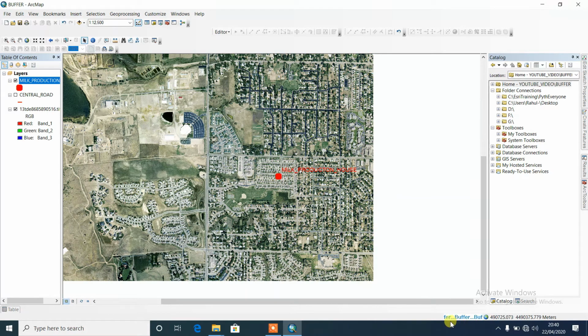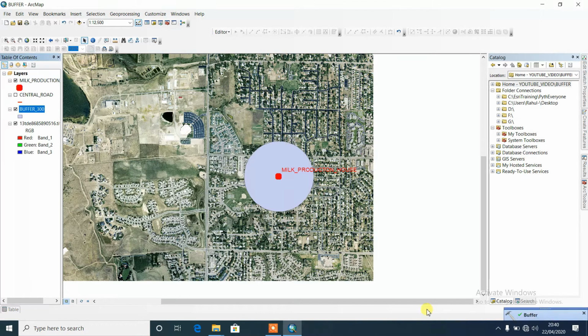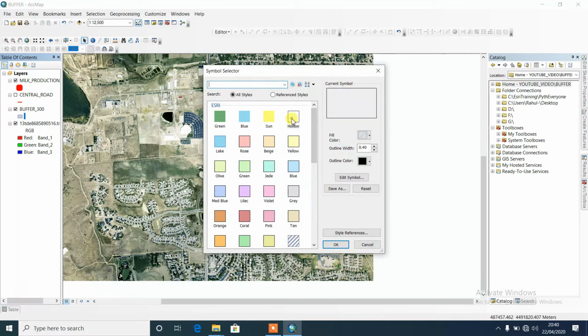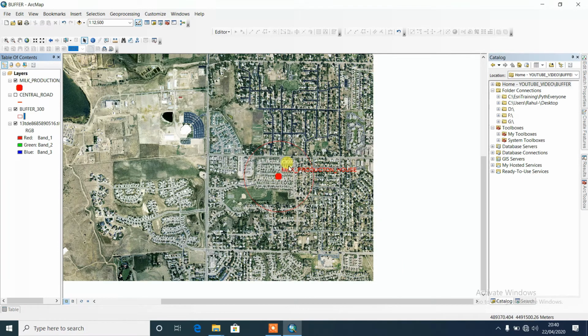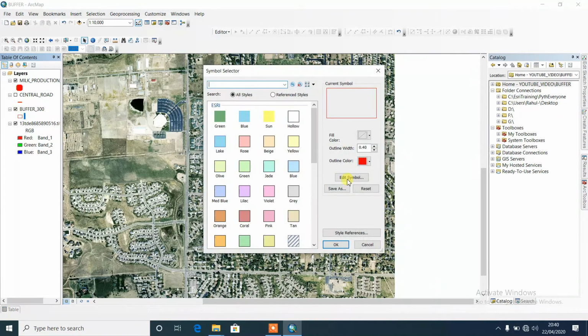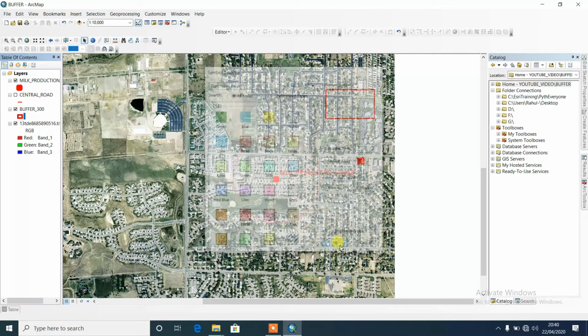You can see it's running. Yes, exactly this much area he can give free delivery. This is my output. For better understanding I can make it hollow, and increase the width a little bit, it will help to understand.